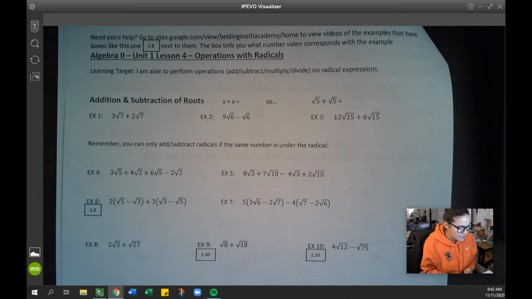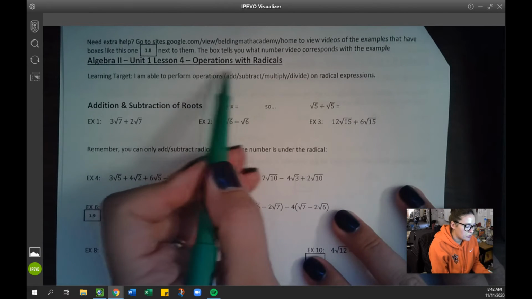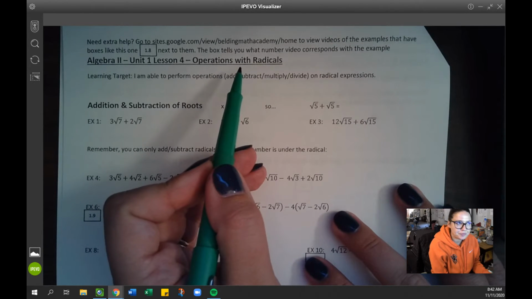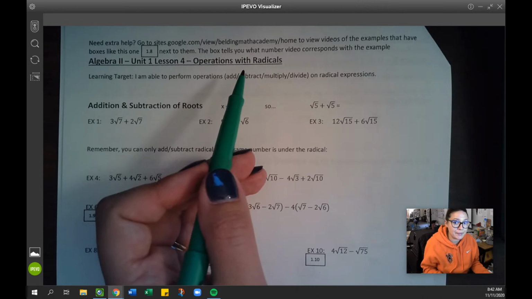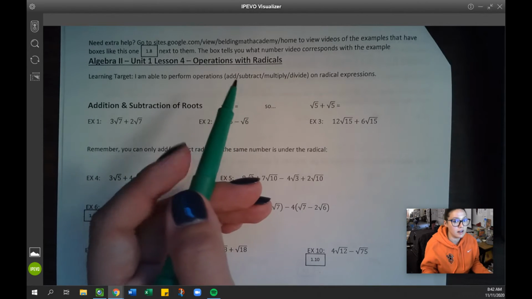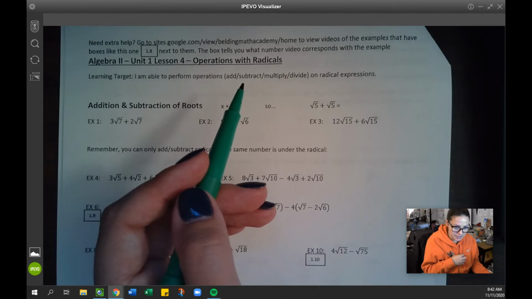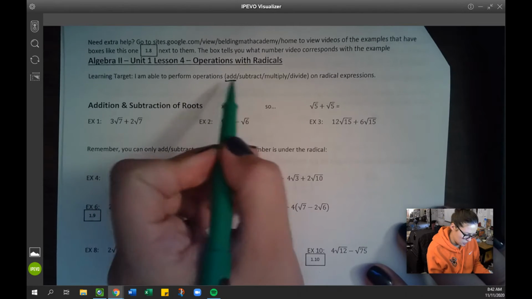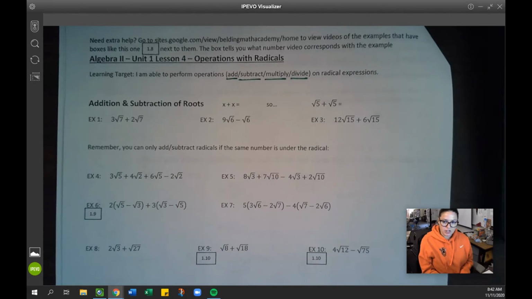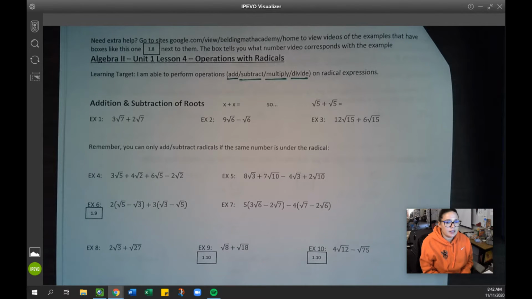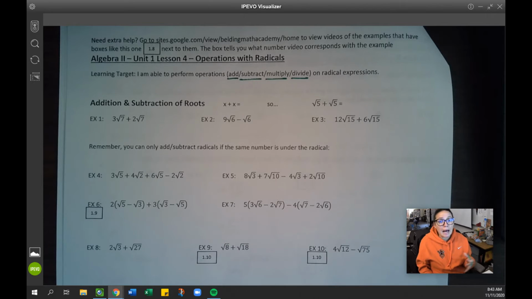Here we go with Unit 1, Lesson 4, and we are going to focus on operations with radicals. Think back to when you first learned about PEMDAS, the order of operations. Operations in math means addition, subtraction, multiplication, and division. In lesson 3, we talked about how to simplify individual radicals, individual square roots. But now we're going to look at how to combine different square roots together based on whether I'm adding,